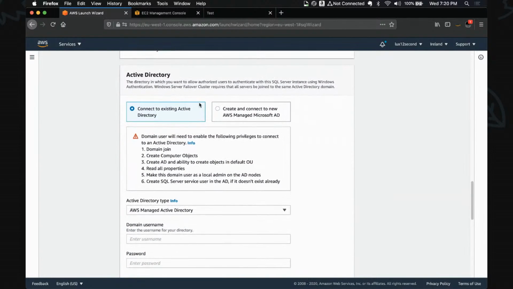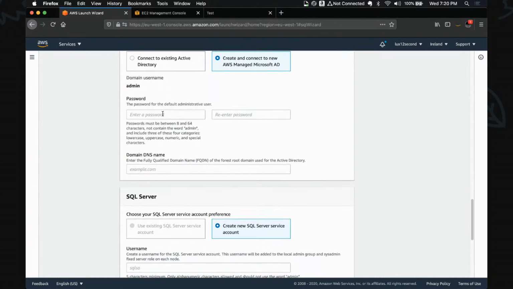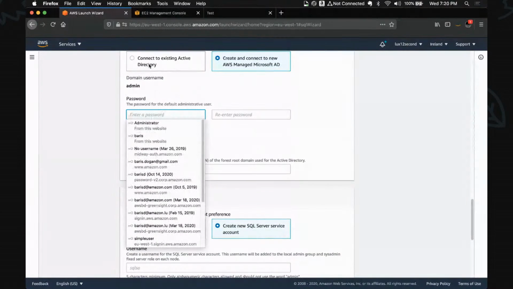Also, next, since this is an Always On availability cluster, it requires Active Directory, right? And you can either use your existing Active Directory or you can use AWS Managed Active Directory. I have one, so I will use that, but you can use your existing Active Directory with that.